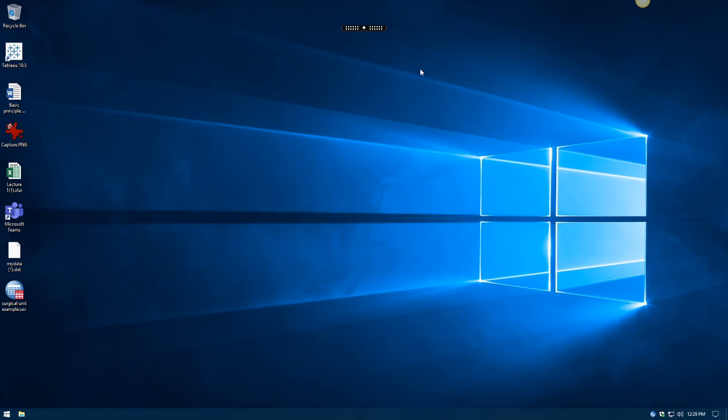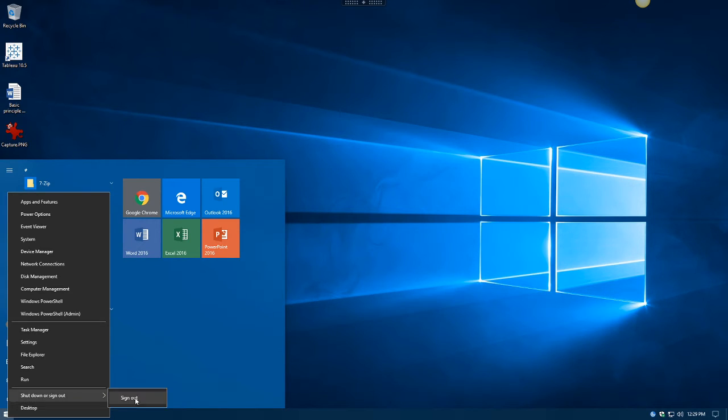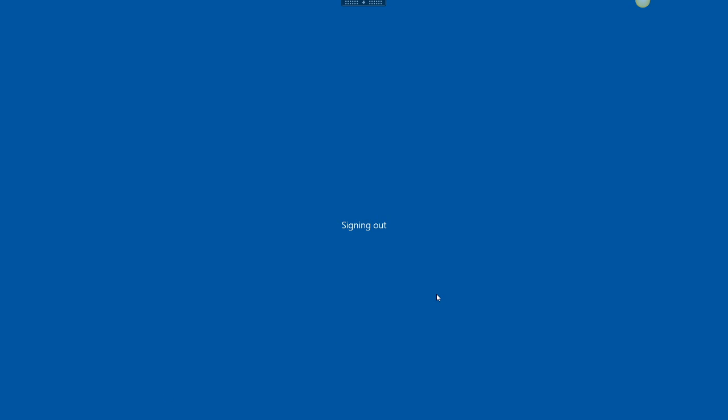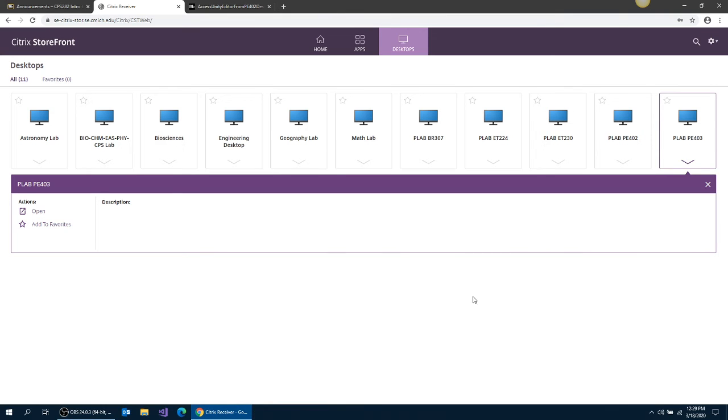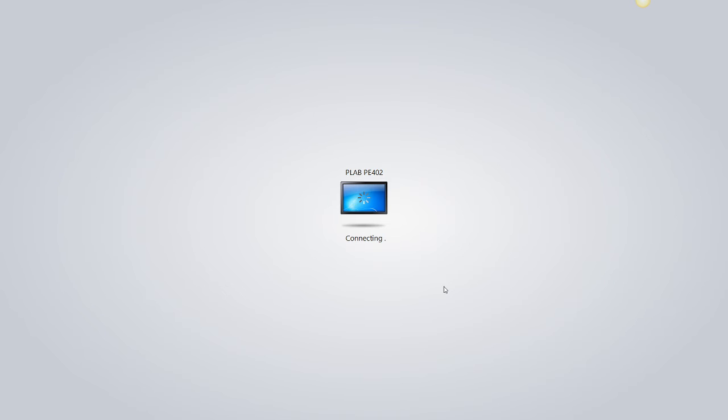this one looks like it's not set up right. I must have selected the wrong one. Anyway, I'm going to exit out of this right now, and then get back to my desktop. I selected PE 403, so that was my error. I'm going to select PE 402 this time and click on Open Citrix Receiver, and then we'll get into the